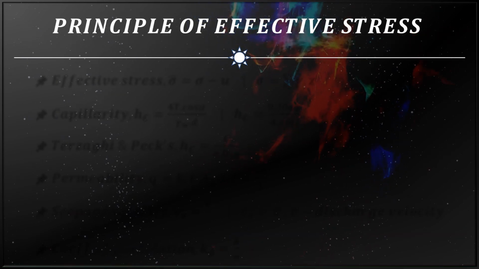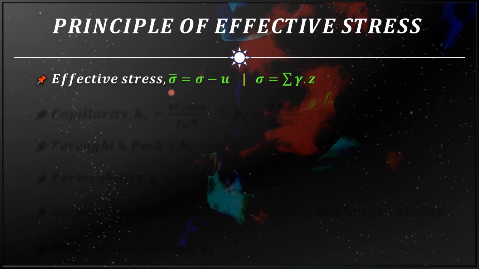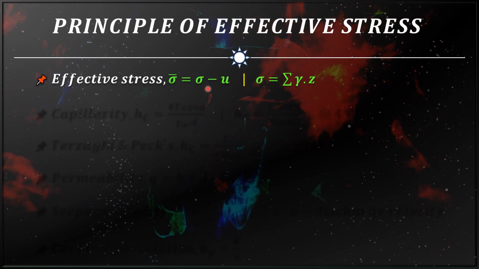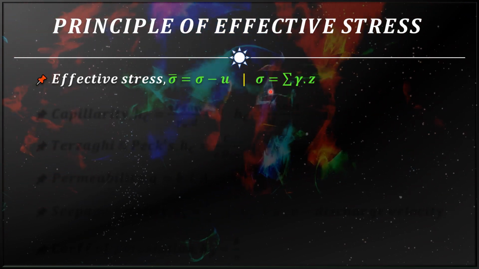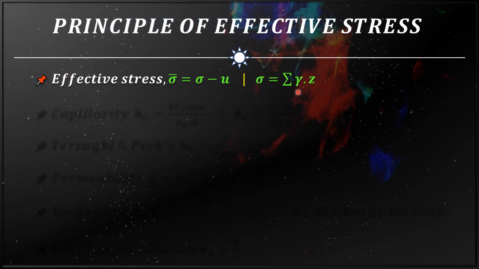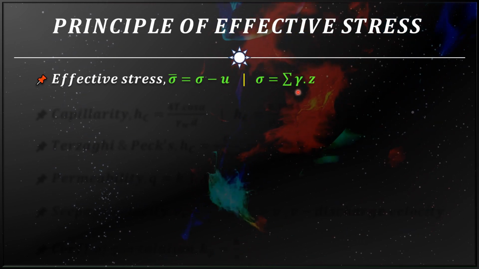Now let's start with the effective stress principle. So effective stress is calculated by using this formula. Sigma bar is equal to sigma minus u. And what is sigma here? Sigma is total stress and total stress is given by summation of gamma into Z, and this gamma is unit weight. It can be saturated or dry unit weight or bulk unit weight depending on the condition prevailing, and Z